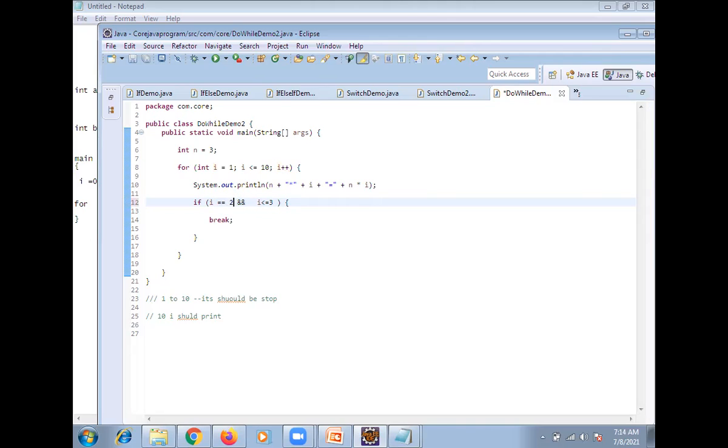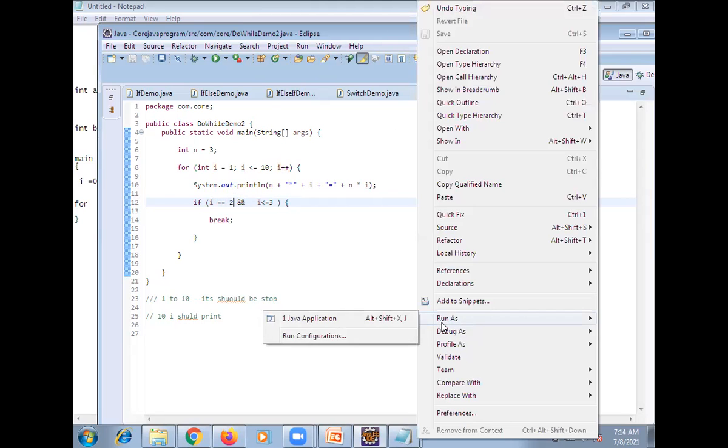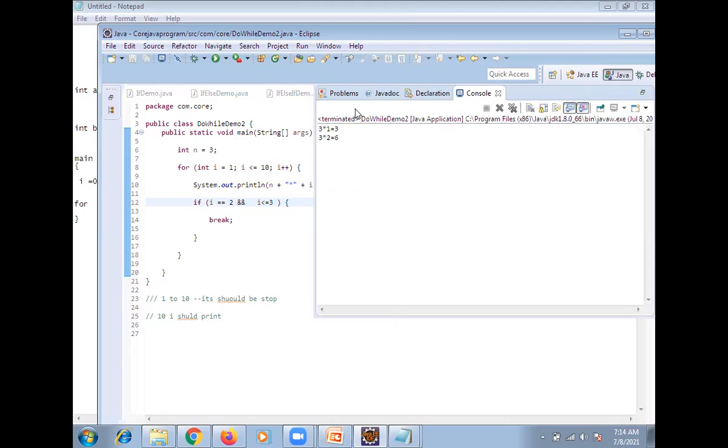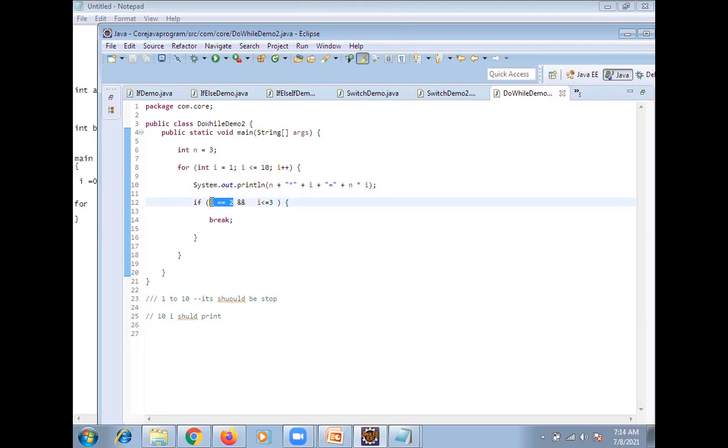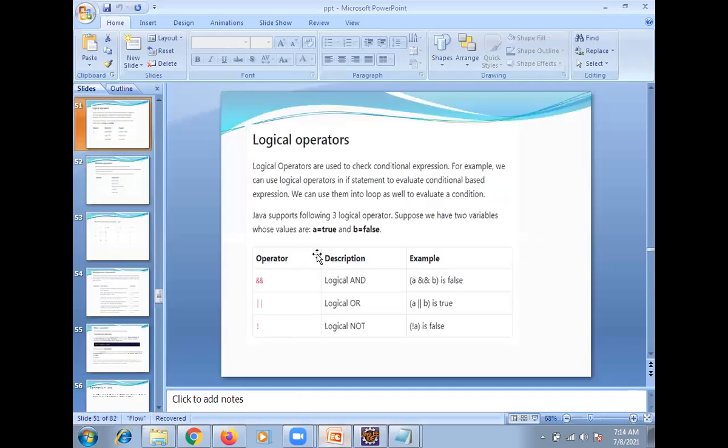Now, if you want to check like this, keep this one. Then till where will it print? Till 2. I should reach 2, and it should be less than or equal to 3. So this is what these operators are.